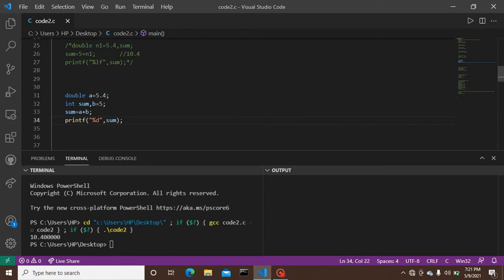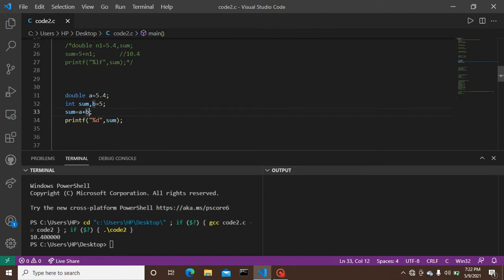Here we go. Have a look at this. Here we have provided a double variable a with a constant of 5.4. Here I have provided a declaration of an integer type variable, and so for b. While we are running our expression, this is called an expression, a mathematical expression that is provided to a compiler.